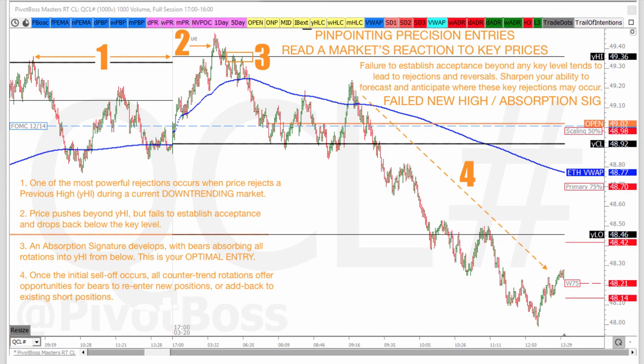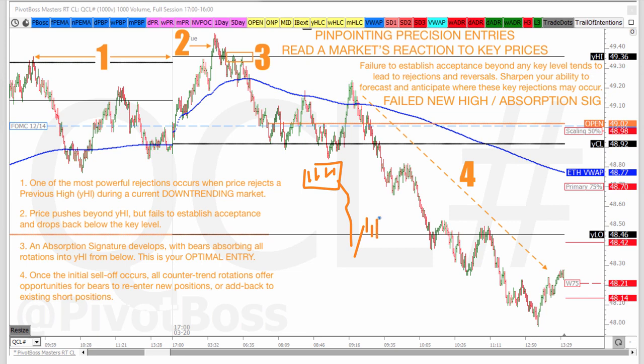And our last slide of this presentation is about reading the market's reaction to key prices. This is perhaps one of my favorite examples from the recent month or so, because this was a fantastic opportunity, something we looked for from the higher time frame chart. This was a daily time frame idea where we had been in a very bearish downtrending market. Crude oil had sold off significantly, and after it sold off, we were in a down moving market. So basically price was up here on the daily chart, big drop, and then we had bounced, and then about right here,